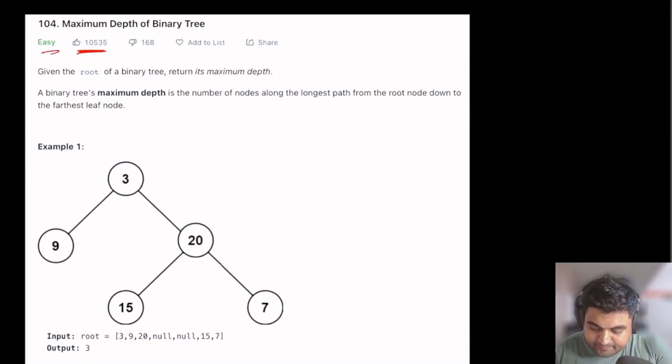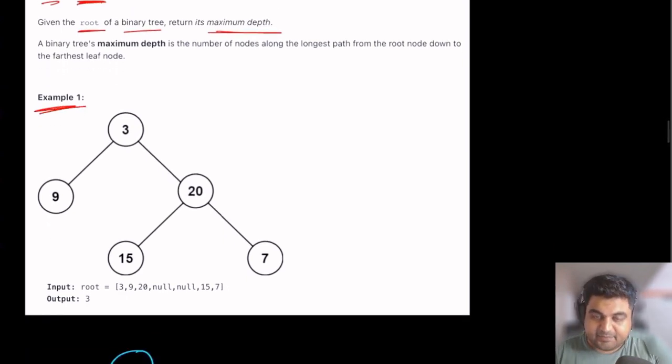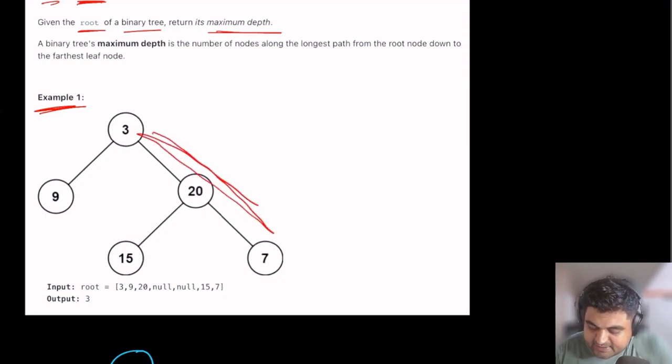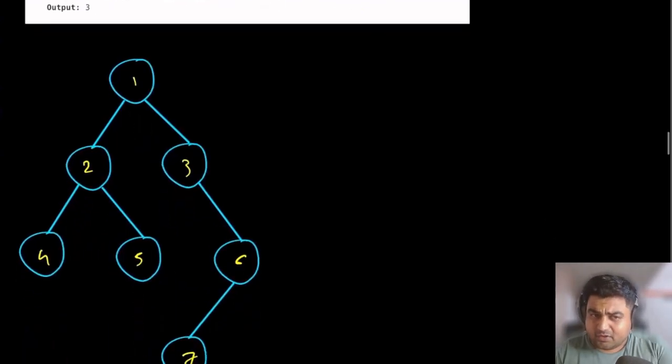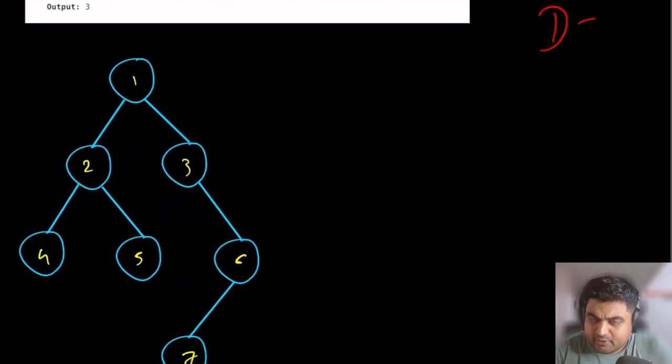Problem statement is quite simple. We are given the root of a binary tree and we need to return its maximum depth, which means suppose this is the example we are given. We know that the maximum depth for this one is going to be in this direction or in this direction. In either case, the answer is going to be 3 because we are seeing 3 nodes in depth. So this is what we need to return. So the logic is going to be quite simple. We would be able to solve this problem using DFS quite easily.